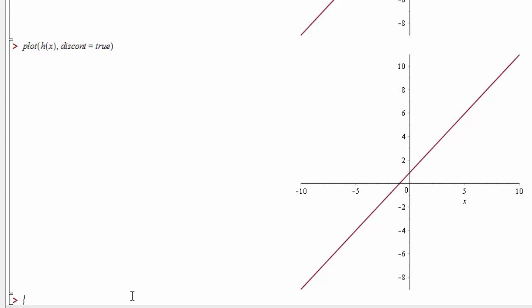Luckily, for this case, discont takes options. You can look and see what all the sub-options to discont are in Maple's help bar, but we're going to look at showremovable. So we're going to say plot h of x, and we're going to say discont equals, and instead of just telling it true, we're going to pass it in square brackets